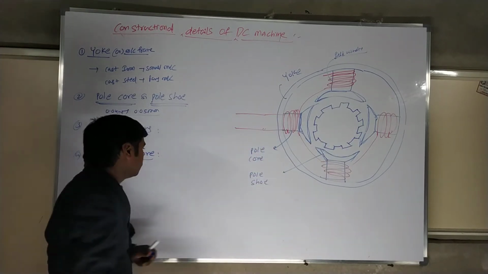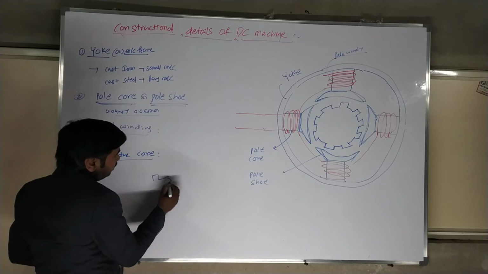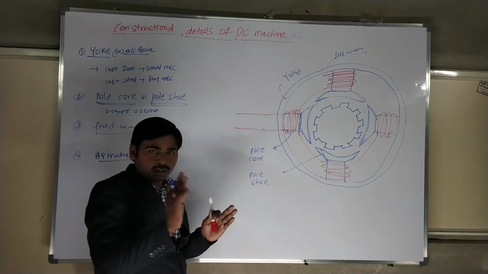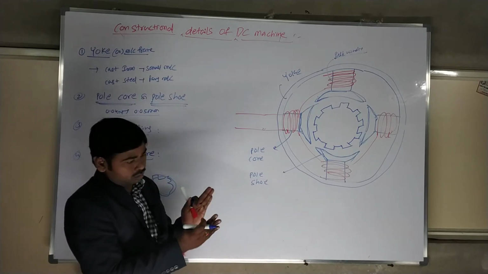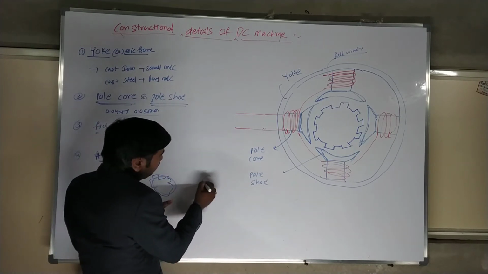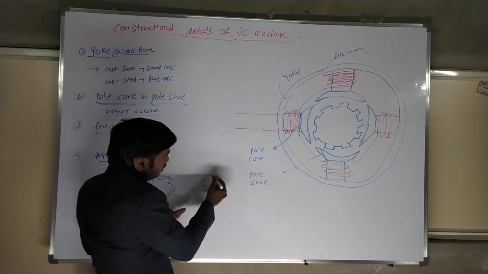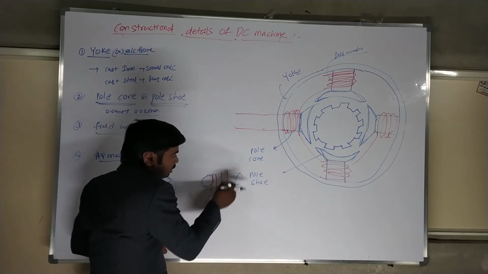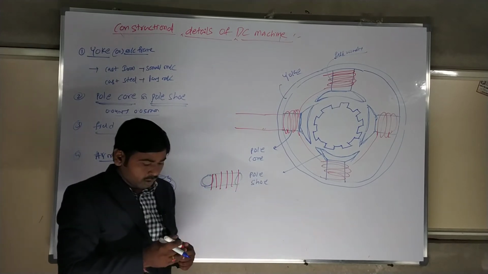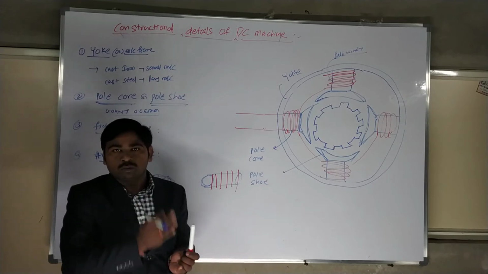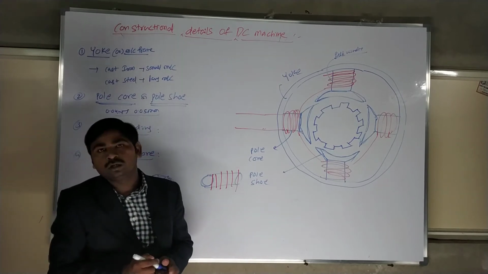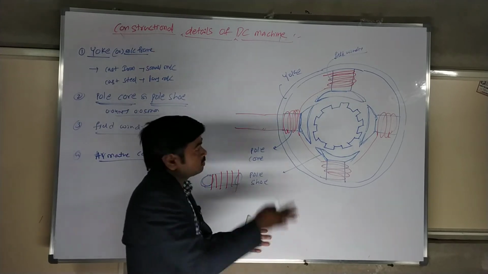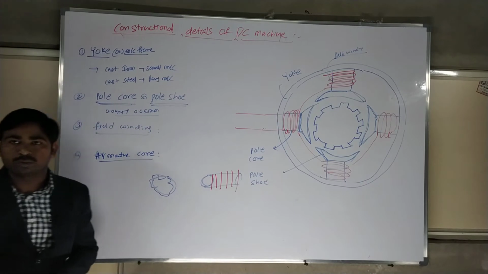So the armature core, each plate like this, is in a circular manner. There are n number of plates we can take. Let us take a solid body armature core, a cross-sectional view. Each core is divided into individual plates. How to make it? We compact them with mica insulation between one plate and another to reduce eddy current losses. All bunched together over here. This is the armature core.